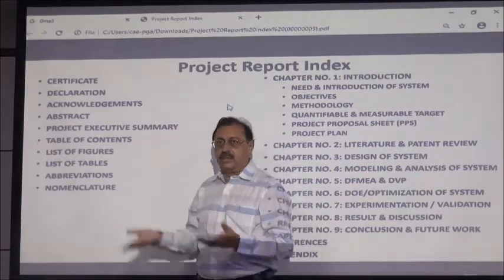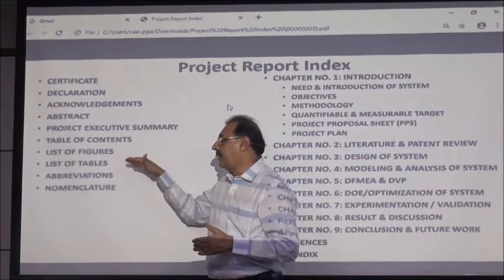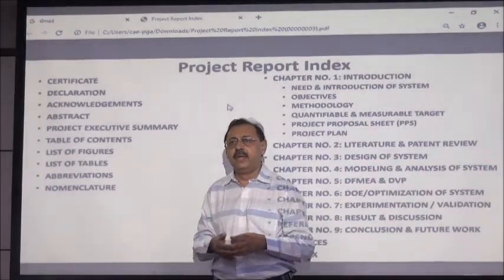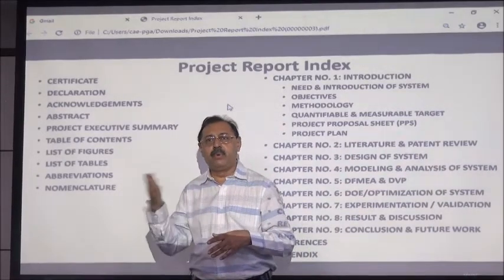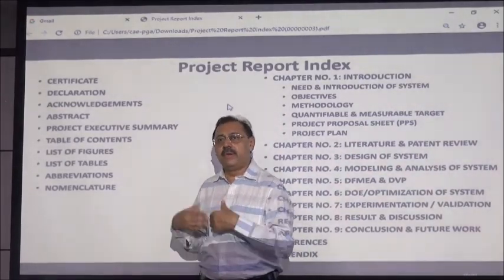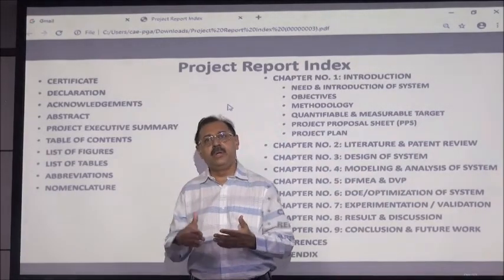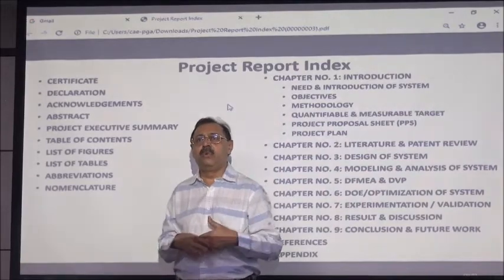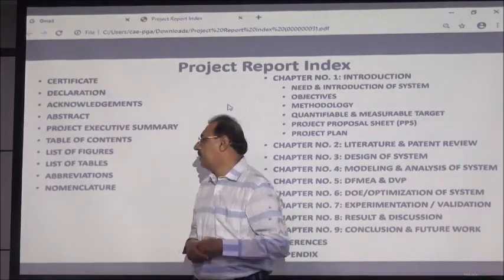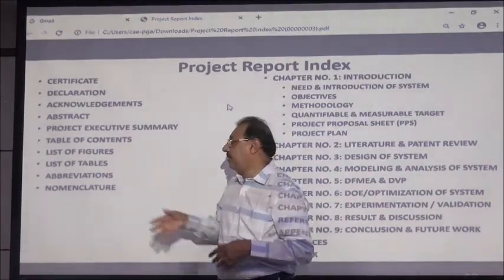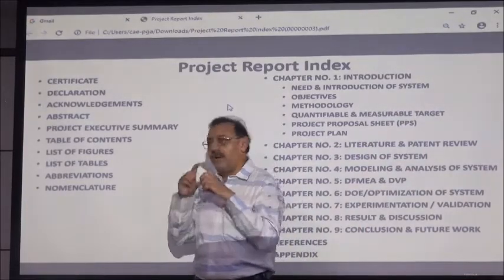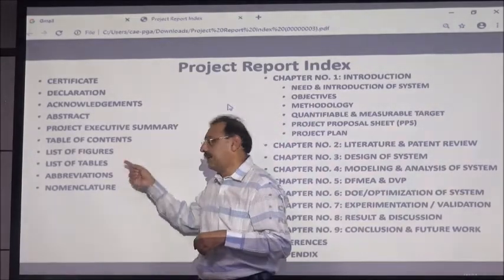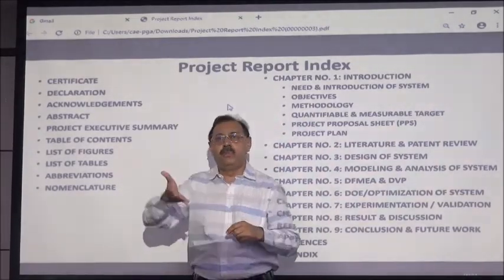Then comes the index, the table of contents, followed by the list of figures and list of tables. When you write a chapter, say chapter number 1, all the figures in that chapter will be 1.1, 1.2, 1.3. When you put figures in chapter number 2, they will be 2.1, 2.2, 2.3. That way, whenever you change the numbers or put in figures, you don't have to change everything. After the figures comes the list of tables. Whenever you draw a figure, the title of the figure will be at the bottom of the figure, and whenever you make a table, the title of the table will be on the top of the table.